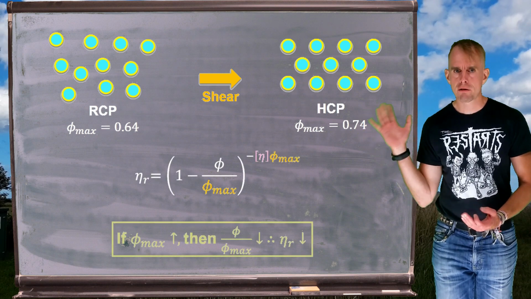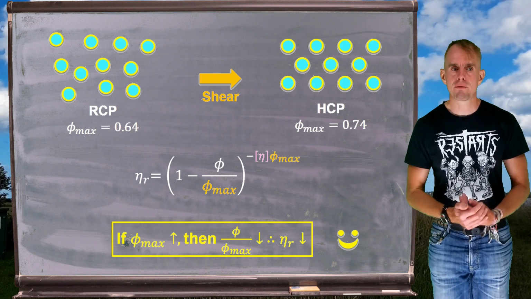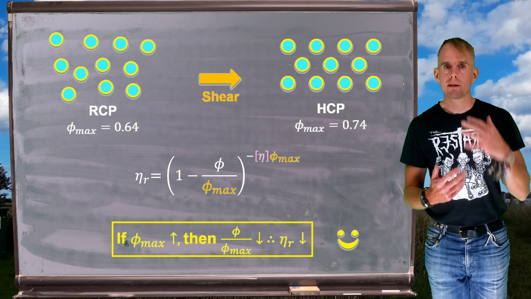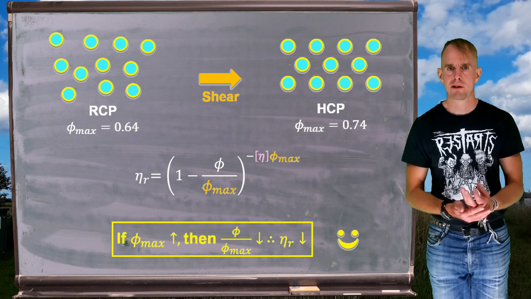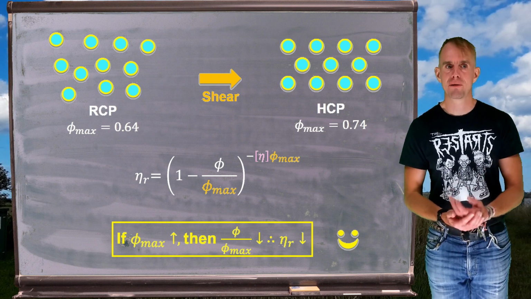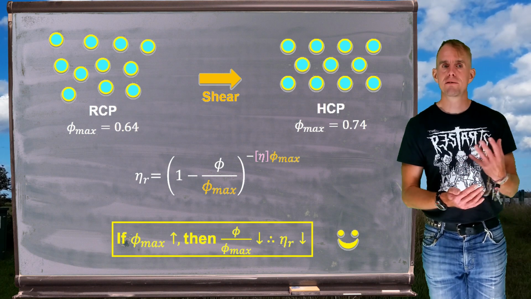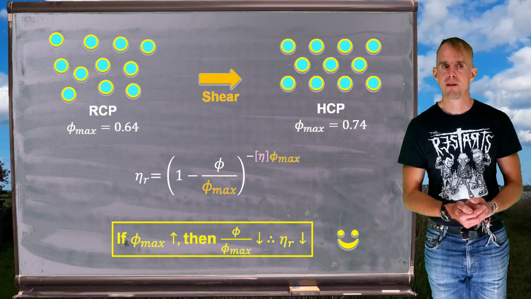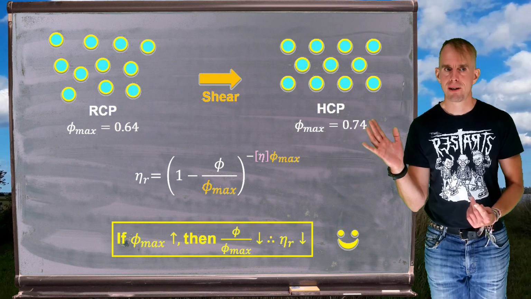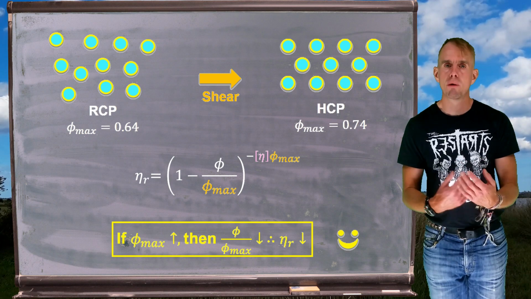Let's remind ourselves of the Krieger-Doherty result. So there on the board is the Krieger-Doherty result. And remember that one of the important terms is that ratio phi over phi max, the volume fraction divided by the maximum volume fraction. Now let's assume for the instant that the volume fraction of particles remains constant. Shearing, however, will affect the maximum volume fraction. And so if we transition from random close packing to hexagonal close packing, then we can see that phi max will increase between those two scenarios. Phi over phi max decreases, and hence the relative viscosity decreases. So the application of shear causes the relative viscosity to drop, which is exactly what we see in shear thinning